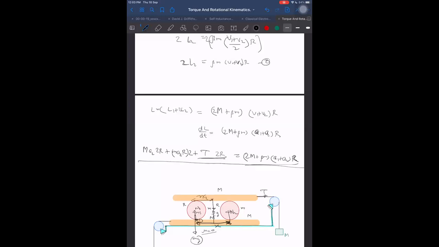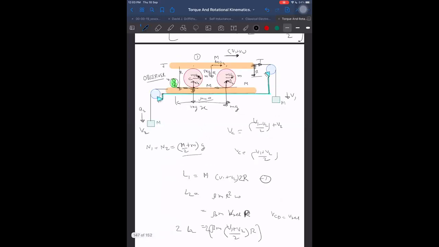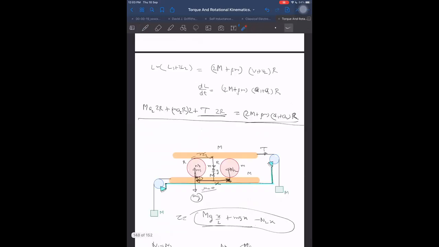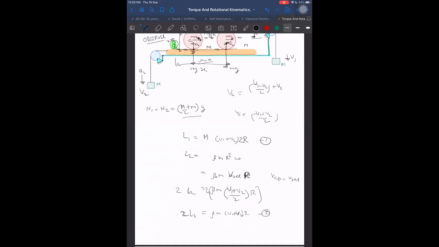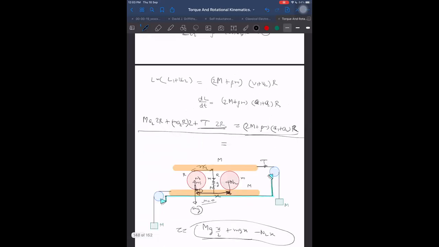Now it is okay at last. See, you understand which torques I'm taking? Due to m a2, and due to capital M a2. These torques also I have to take, no? So what is the net torque coming out to be now? Don't leave a single force. If we leave some forces, obviously we will not get answers. We were about to leave the pseudo torques, but we know the observer is in a non-inertial frame, so we should take the pseudo torques also there. Then what do we get now?